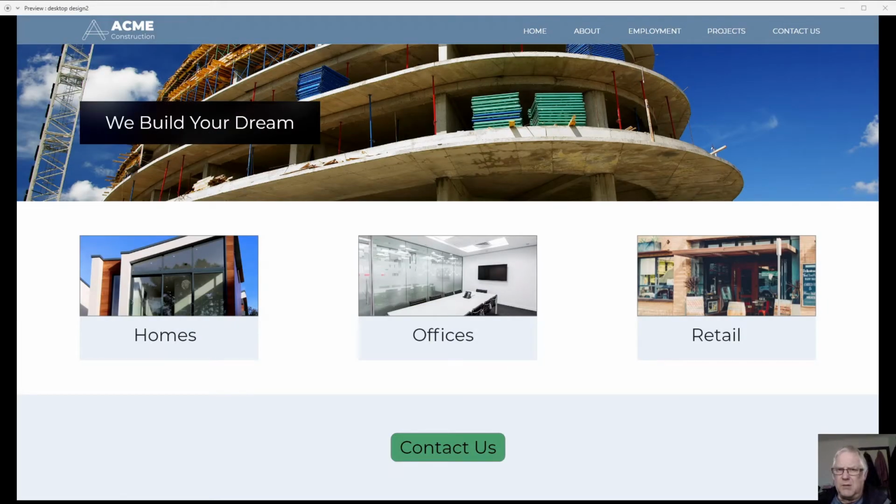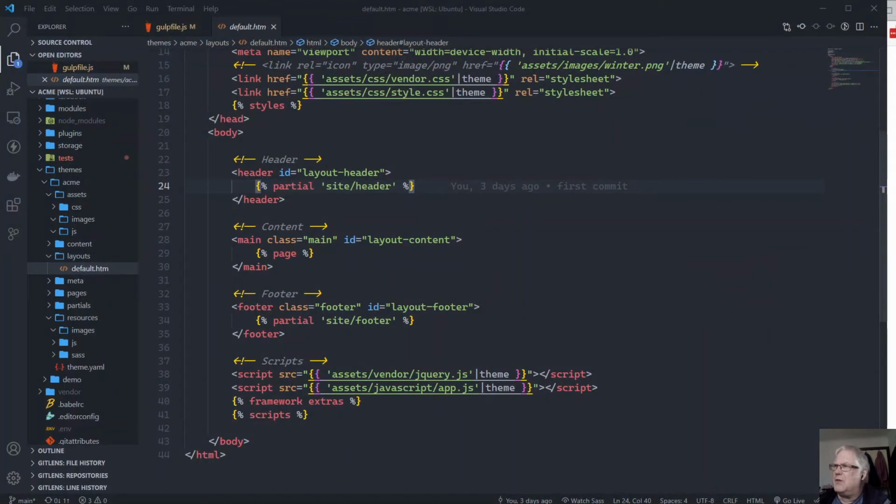Okay, so we've got the logo here, navigation here, and it's all part of the one thing. So does our code reflect that? No, it does not, I don't think. Let's have a look. So we've got site header, layout header here. I'm just going to add a class of header in there,